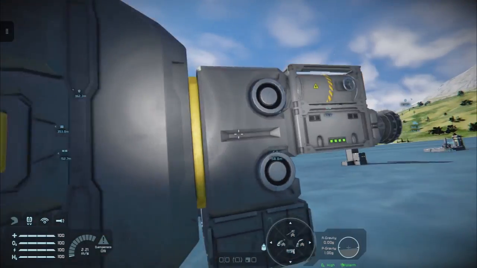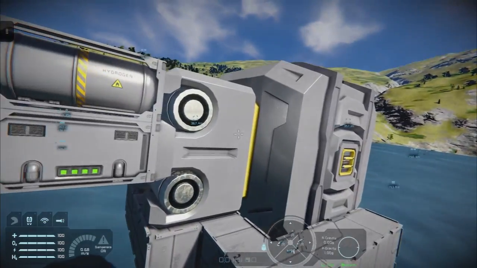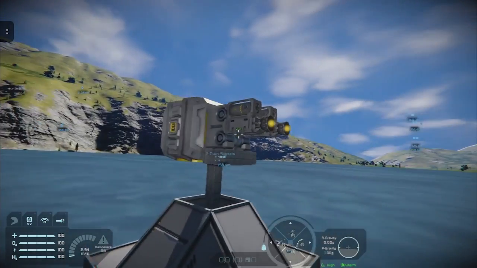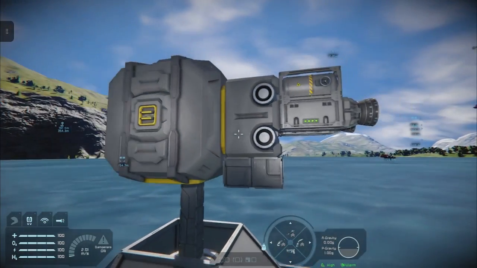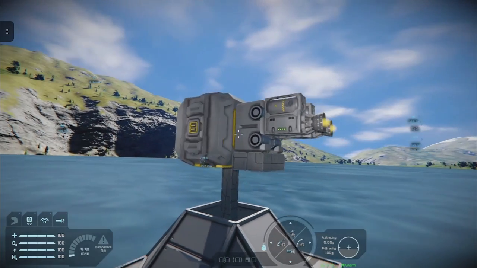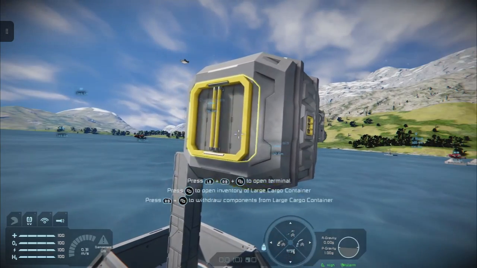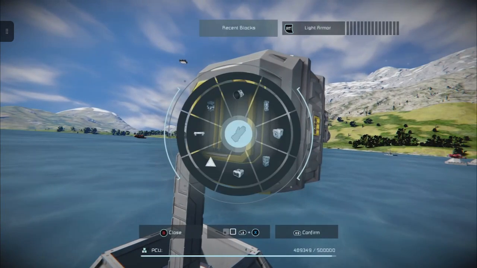Or in the case of this, you could use the 2 small tanks and 2 generators. The more generators you have pushing hydrogen into the system, the more you're going to have to play with, and the longer the ship can stay in the air.